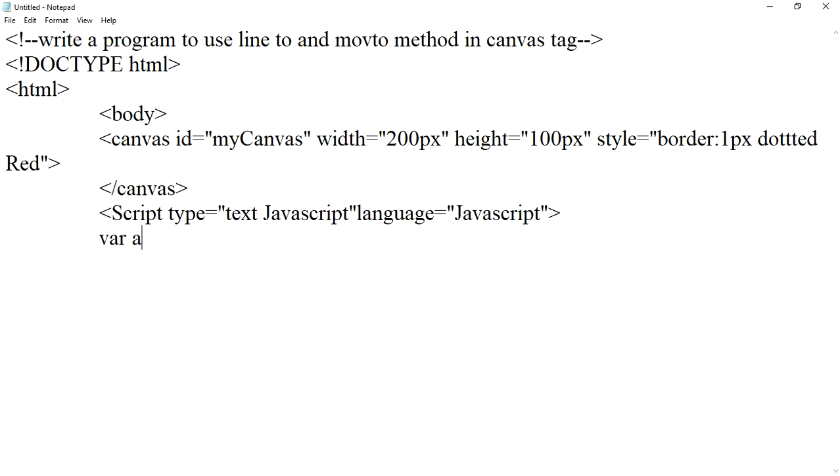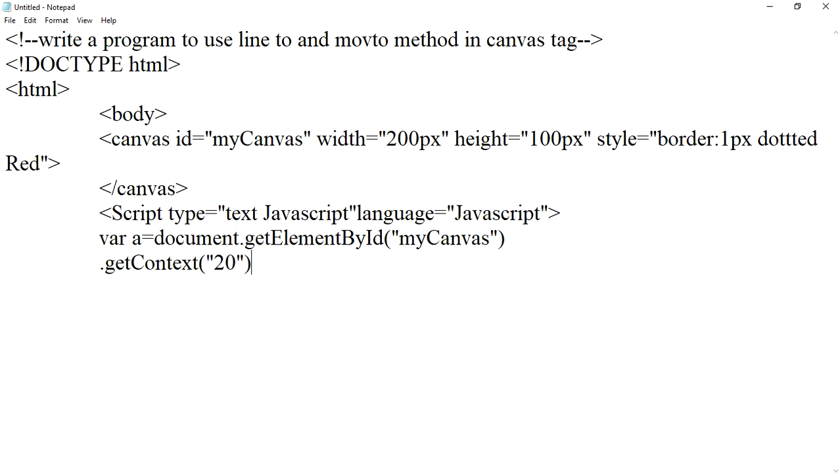Now var a equals to document.getElementById("myCanvas").getContext